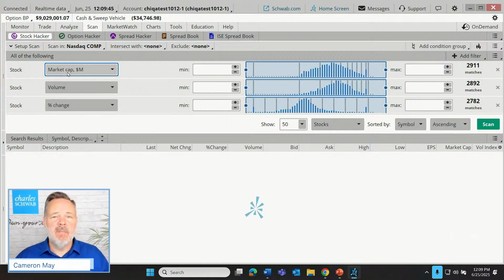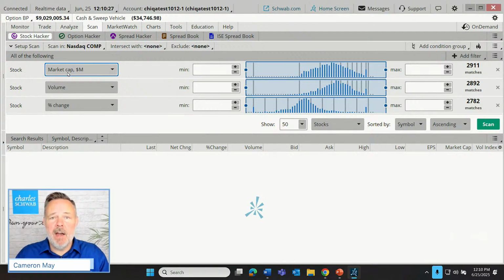Before I go any further, though, I do want to just address what exactly we're talking about with market cap. Sometimes I use trading terminology and not everybody can follow along. Market cap describes the size of the company. So when we hear small cap, mid cap, large cap, we're talking about how big companies are. And they are categorized according to their total value by taking the number of shares that are traded times the price per share. So if we have a stock that's trading at $100 and there are a million shares that have been created, that is a $100 million company. And that would fit firmly in the small cap, actually micro cap category.